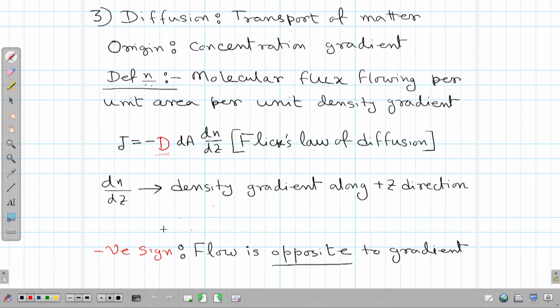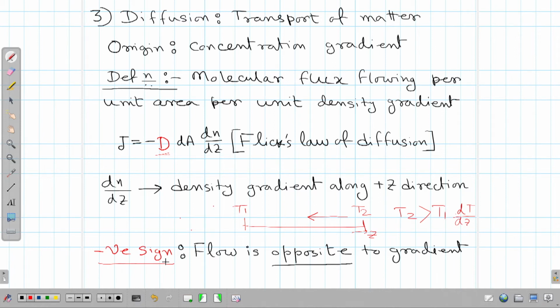So, that means if the temperature is increasing in this direction, so let us assume this is my direction of temperature gradient. So, T is T2 here and we have T1 here, so that T2 is greater than T1. So, heat is flowing opposite to the temperature gradient. So, of course, you realize that dT/dz, if this is my z direction, okay, dT/dz is positive along positive z direction, whereas the heat is flowing in the opposite direction. So, that is the origin of this negative sign.